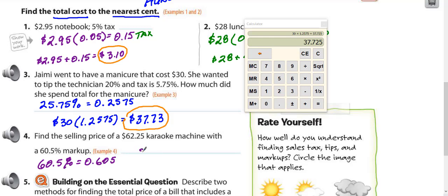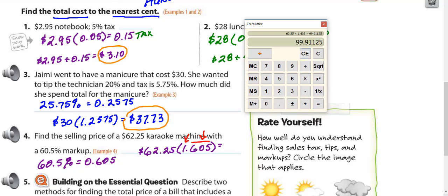We're going to take the $62.25 karaoke machine and multiply it by 1.605. There's the cost of the machine, this one. This amount right here is the markup. And when we multiply that together, 62.25 times 1.605, we get